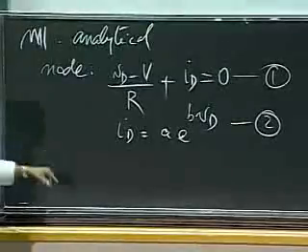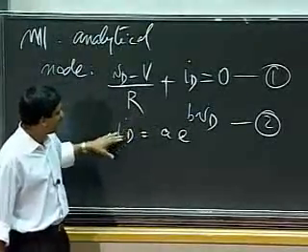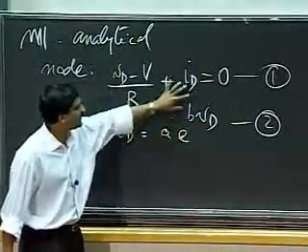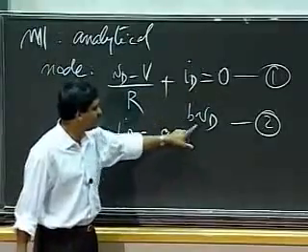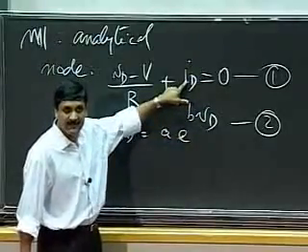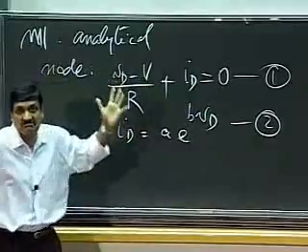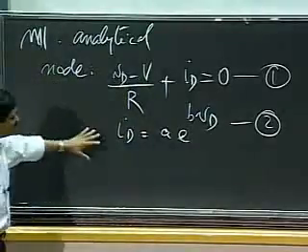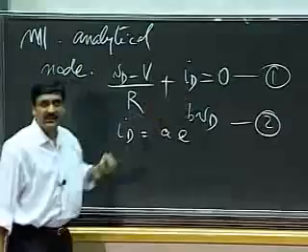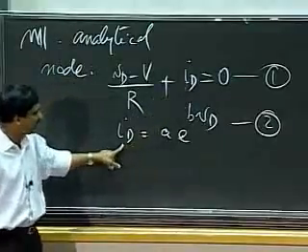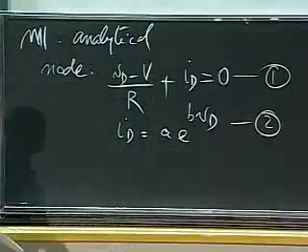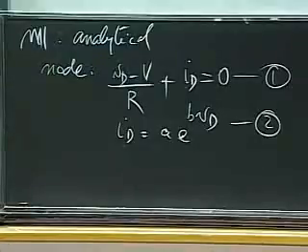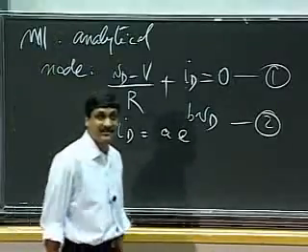Again, remember, don't get confused here. In the node method, I don't write down a second step. I directly write down A e to the BVD in place of ID. I get one equation in VD, and I solve it. Just for fun today, I'm taking 2 steps here, writing ID here, and explicitly putting down ID as A e to the BVD. Okay, that's it. This is all there is to it.